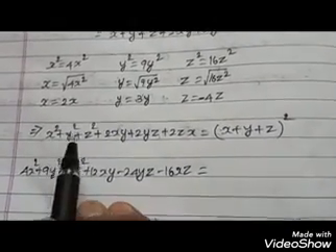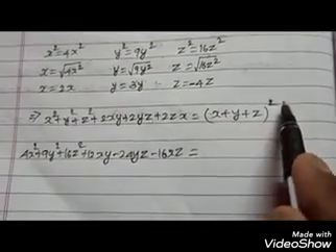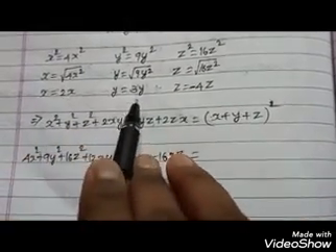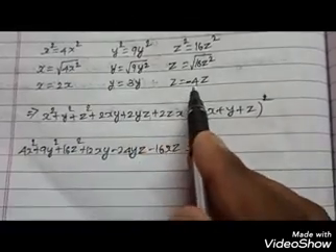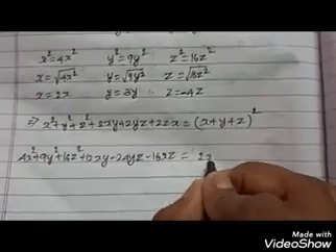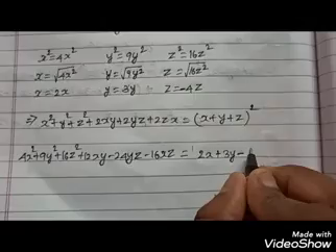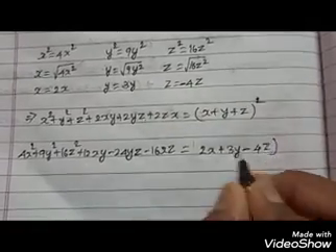So how can you write it? x square plus y square and so on, you know the short form is (x + y + z) the whole square. You know the values of x, y and z, and z should be minus 4z. So the answer is (2x plus 3y minus 4z) the whole square.